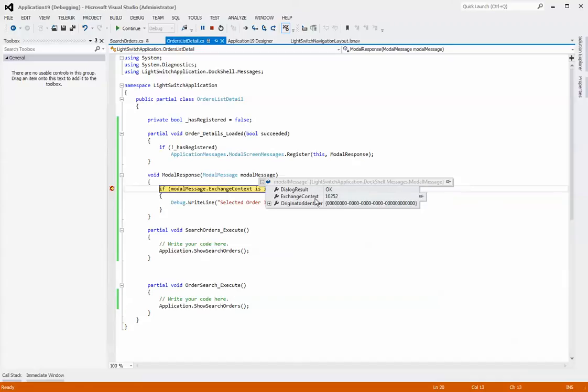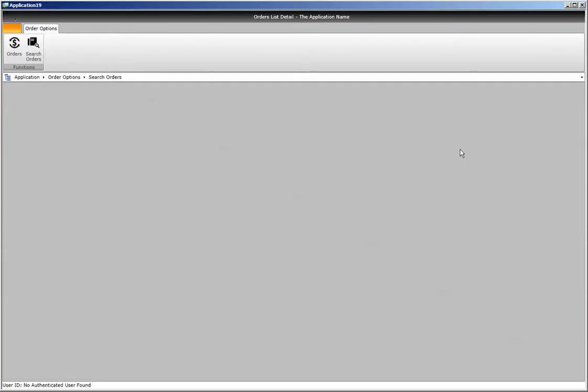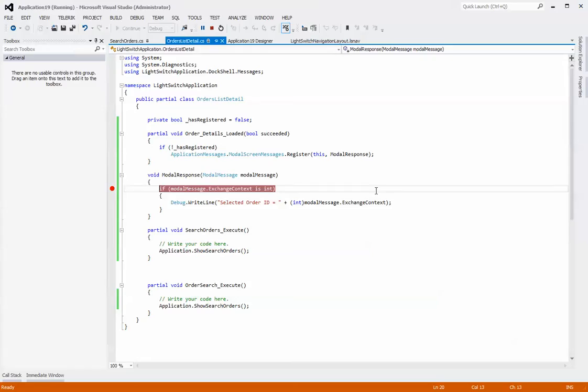Now, of course, we could test that in our supporting event here. And we have the exchange context says 10.0.252, and we're good to go. And so away we go. So we'll just run that. All right, that's excellent. So now what we want to do is we're going to close this down. And you'll notice there that in the context, we actually had the ability to put an identifier in there. And so what we're going to do is we're going to modify